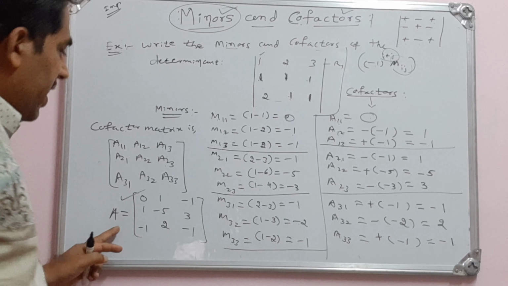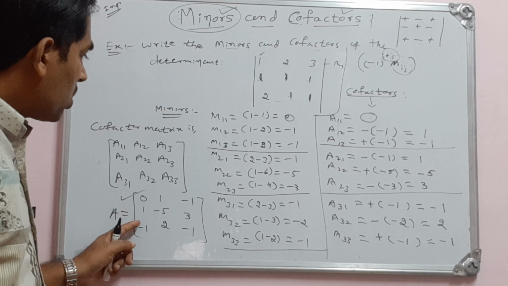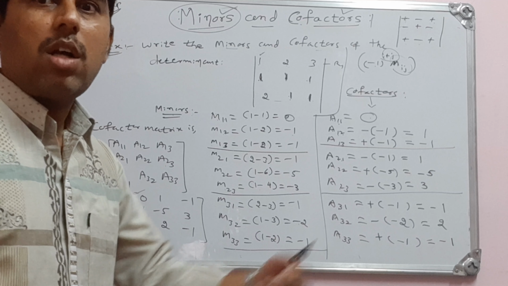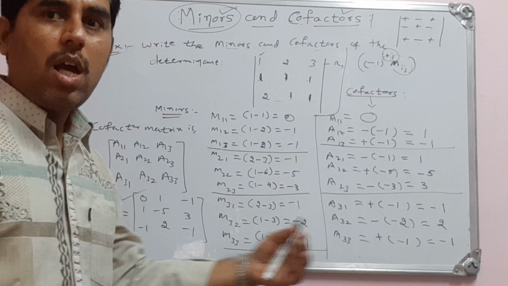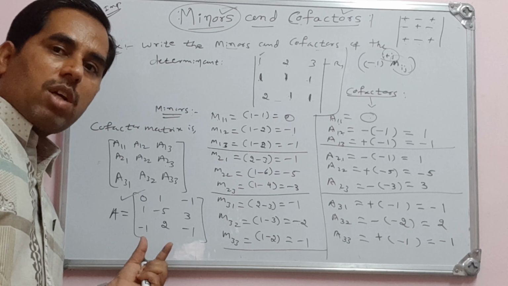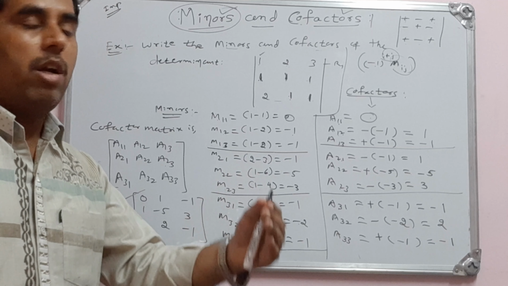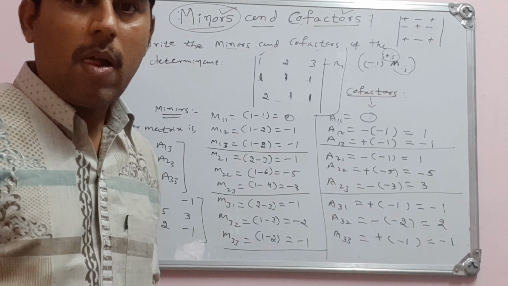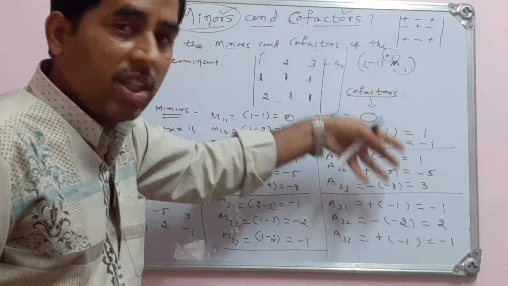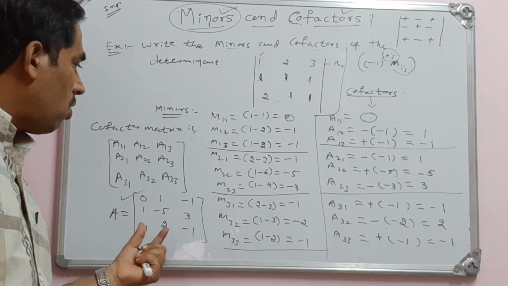If I transpose this, I will get A dash. Transpose of the cofactor matrix, we call it the adjoint of the matrix. That is our next concept, adjoint of the matrix. What is the meaning of adjoint of the matrix? The transpose of the cofactor matrix is called the adjoint of the matrix. Every term should be familiar here. Cofactors, we have written all these things, and if we write that systematically in this form, it is called the cofactor matrix.